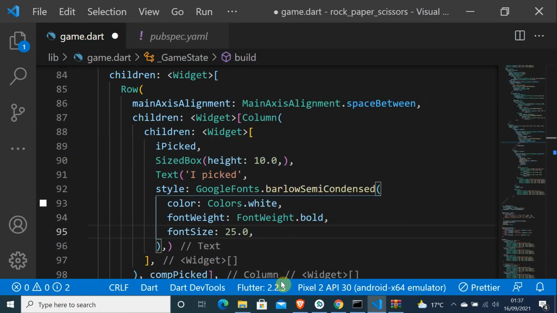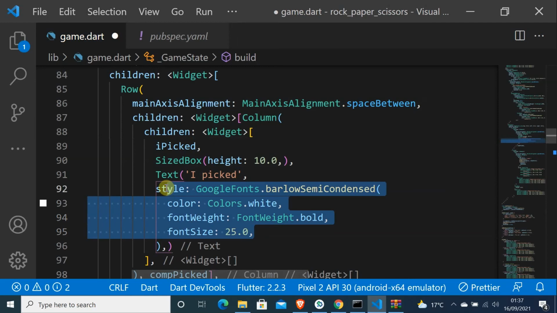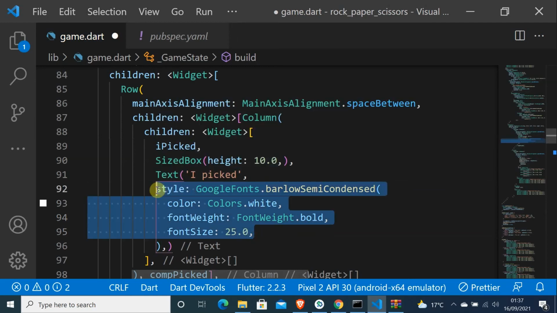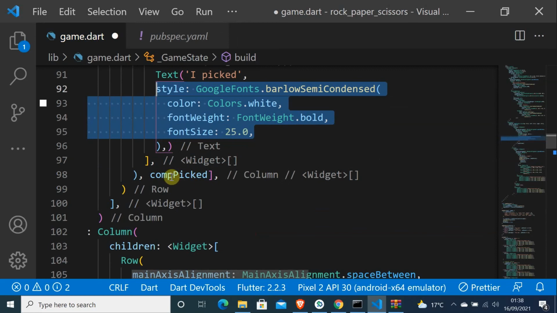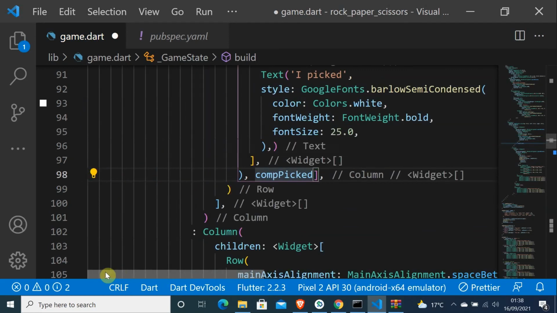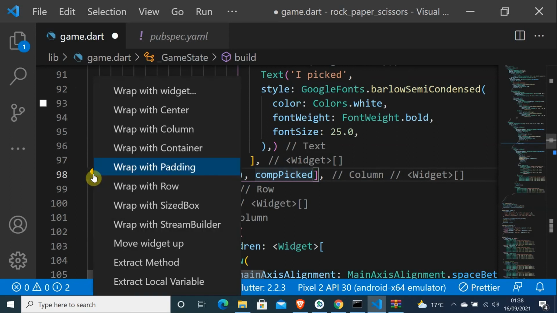Yeah, I think that's it. And let me copy this style, because I think I will use the same on your comp picked. Let me just put some column